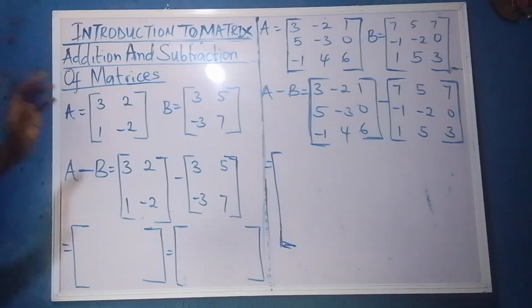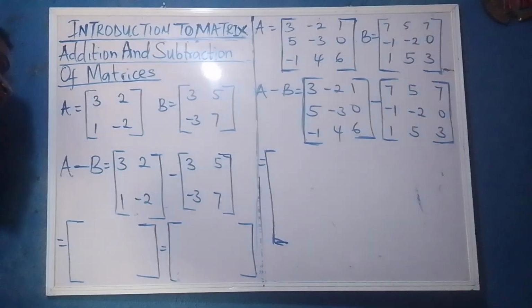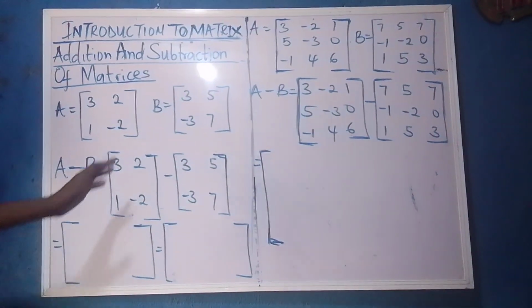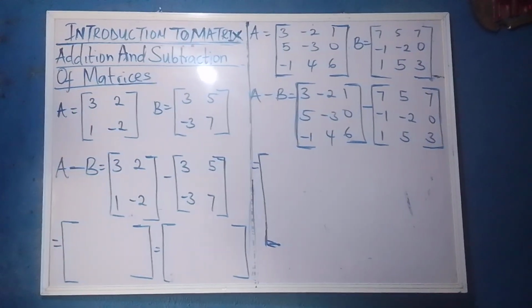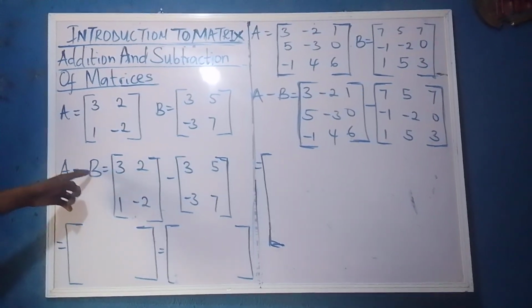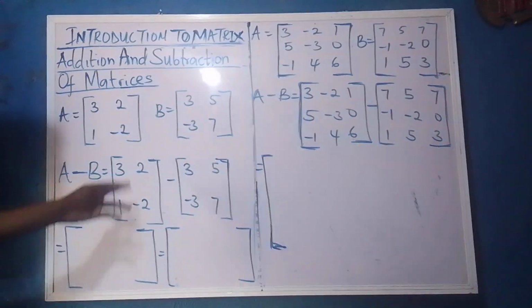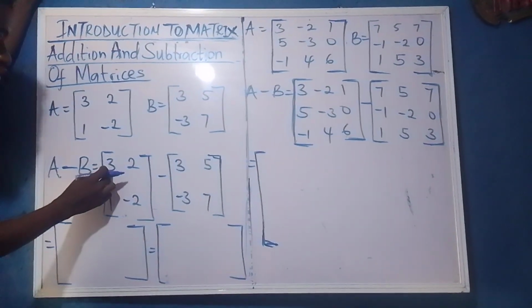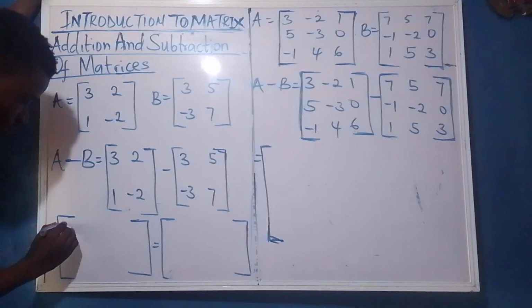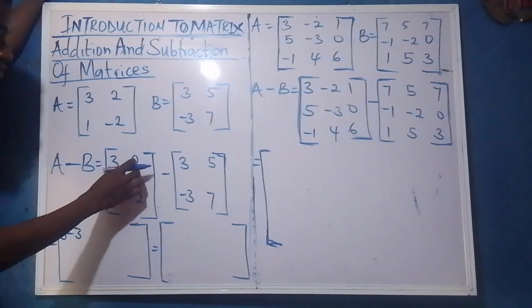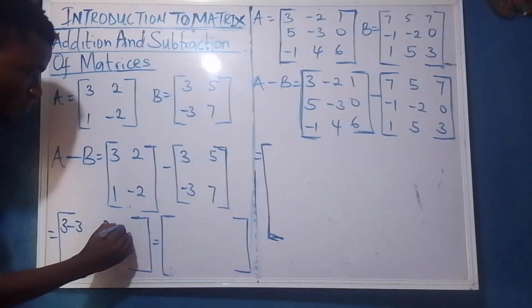So we are going to be learning the subtraction of the matrix in this particular section of the video. Now we have A, B, so we have to subtract B from A. So now how do we do this? As I told you, the first number minus the first number of the second matrix, so that will be 3 minus 3. This is going to be 2 minus 5,